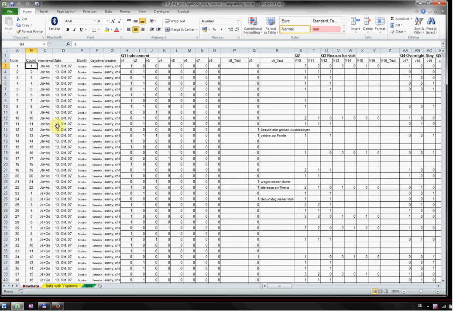So this is the first thing when we look at this Excel view of that file that you find on our web page. You have the information, number one here, Q, question one, inducement, question two, which is about how long are you going to stay in Bremen, Q3, reasons for the visit, and so on. So these are the questions. And in the second row, you find the V numbers. V like variable. So for question one, V1